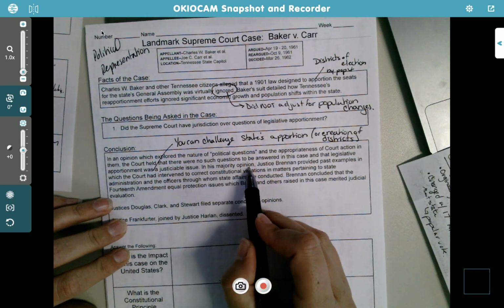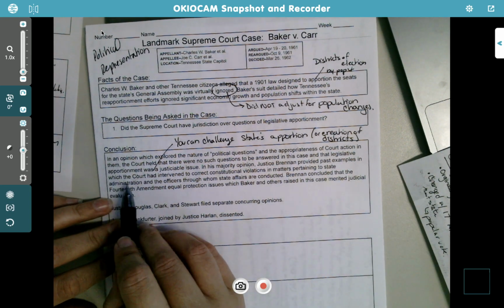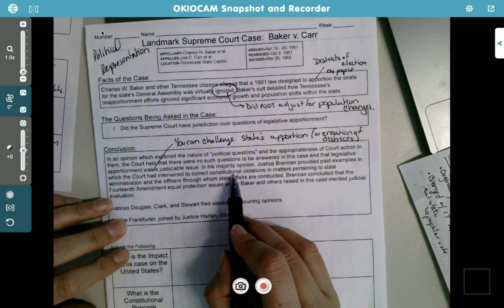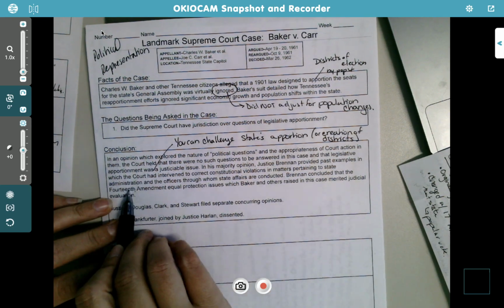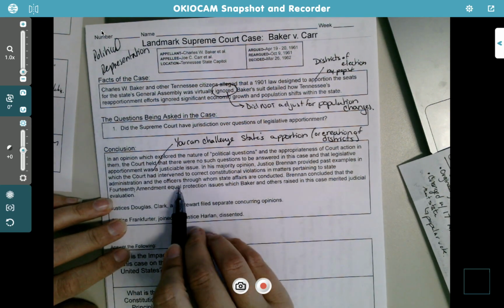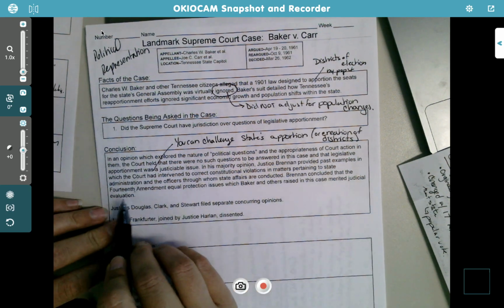In his majority opinion, Justice Brennan provided past examples in which the court had intervened to correct constitutional violations in matters pertaining to state administration and the officers through whom state affairs are conducted. Brennan concluded that the 14th Amendment